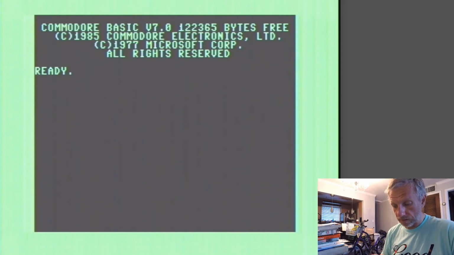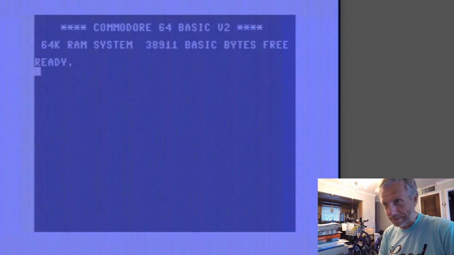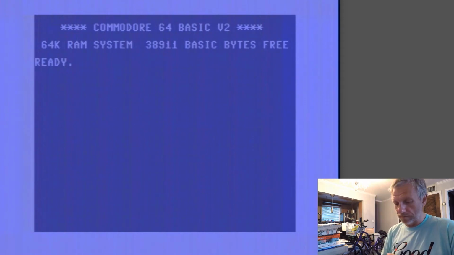This is my real-life Commodore 128. Let us just go into C64 mode and ta-da! Perfect. And let me show you what I mean by that. So in line 10, we're going to input a number, say X. In line 20, we're going to say if X is smaller or equal than 5,